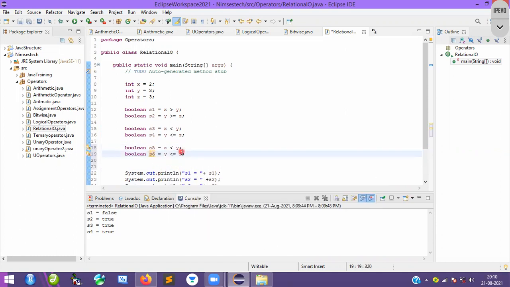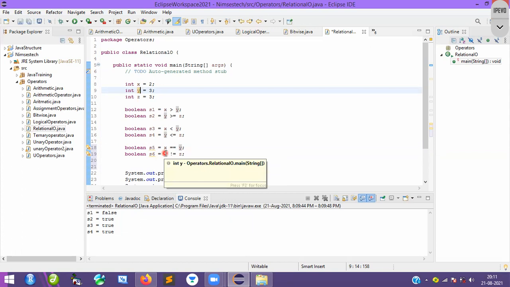Okay. Now observe here, x equal to y, and it is not equal to, so not equal to, like that I will do. So now you can see, what is the value of x? X value is 2 here. Again, what is the value of y? Y value is 3 here. So now you tell me, 2 equal to 3? No, that is the reason why you are going to get false.